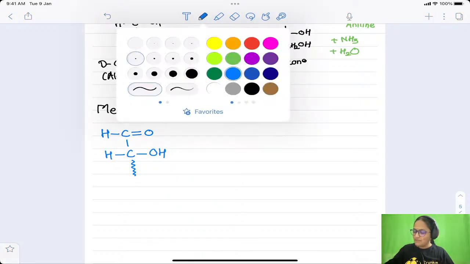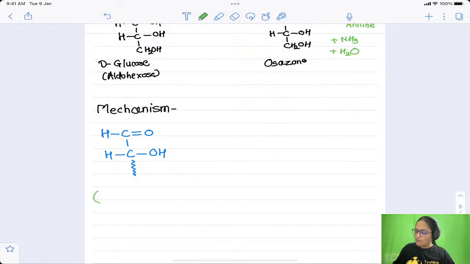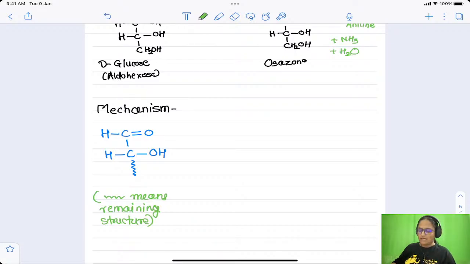I will just mention it here to save the time. Here this means the remaining structure. I am not writing it here, to save the time. I hope you can understand. So this is the remaining structure which is not even taking part in the reaction, so that's why I am not writing it. So what happened, first of all, in the first case, this reacts with the first molecule